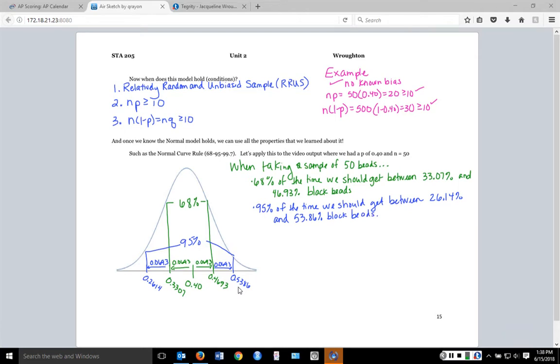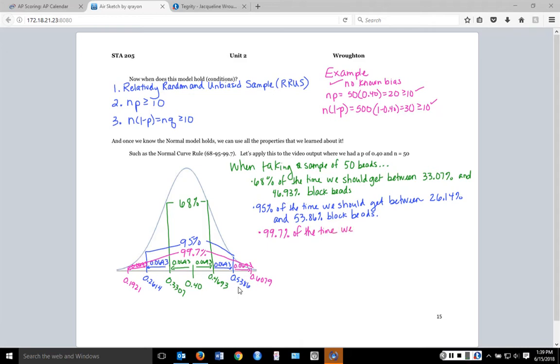Right, then finally we could go out our third standard deviation. And this time doing our math, we would get 0.1921 and 0.6079. And when we go out that third standard deviation, we get about 99.7%. So then we could also say, when taking a sample of 50 beads, 99.7% of the time,